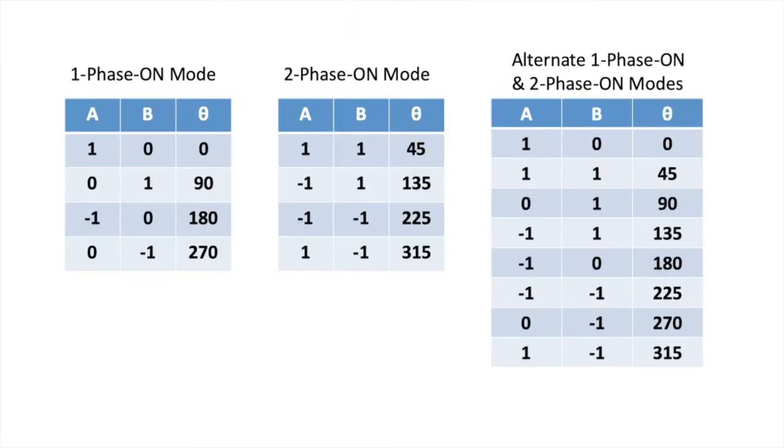So again we'll have three modes of operation. We can have A and B separately, that is only one phase on at a time. The second, it can be two phases on at the same time, AB. The direction of A and B can be changed, and therefore when you have a combination of the single phase and the two phase operation, multiple steps are created. Instead of having a 90-degree step angle, we'll now have a 45-degree step angle, and that gives you a better step rotation.